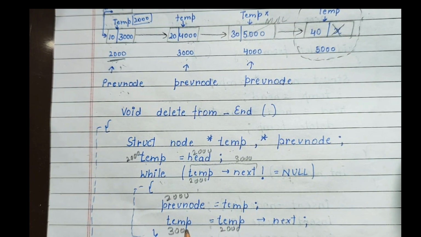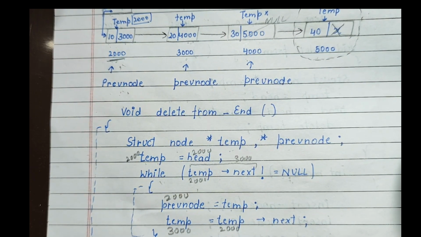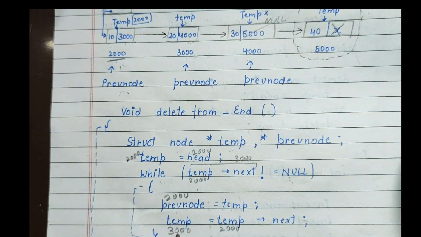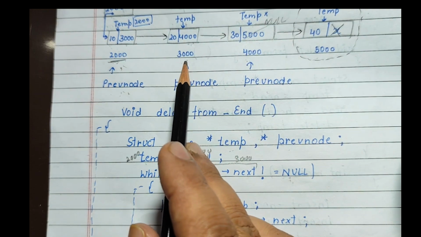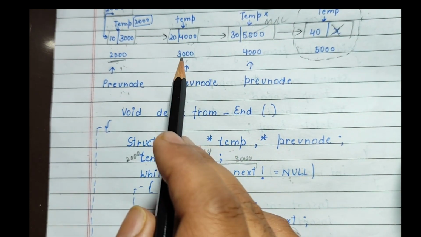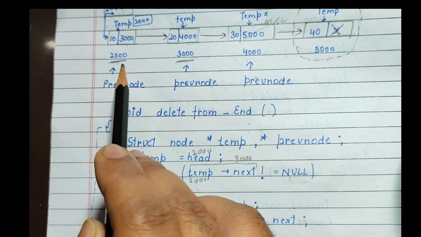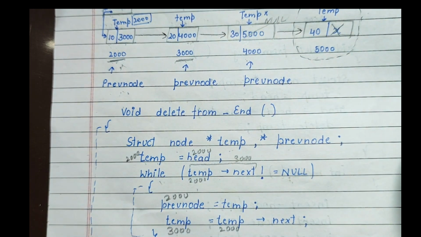So after completing first iteration, previous node has a value 2000, temporary pointer has a value 3000. It means now temp points to 3000 address and previous node points to 2000 address. After this,